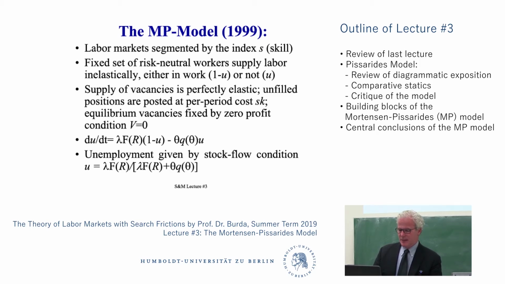Okay, and the supply of vacancies, as in Pissarides, is elastic. In fact, whenever the value of a vacancy deviates from 0, the big V is not equal to 0, you will have firms entering if capital V is greater than 0, or firms exiting if capital V is less than 0. So the equilibrium no profit condition we're going to talk about is V equals 0. That's going to pin down the model, just like the Pissarides model.